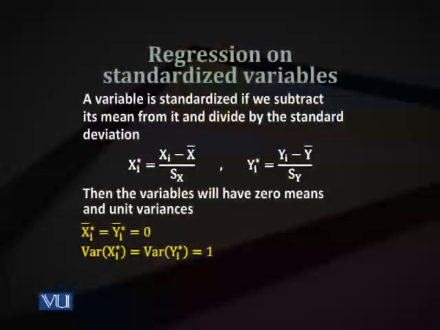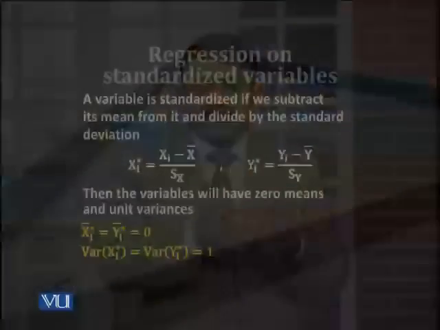In most of the software, the normal coefficients as well as the beta coefficients or standardized coefficients are reported simultaneously. As we standardize the variables, the new variables have zero mean and unit variance. So both the variables x and y will have zero mean, and the variance of both of them would be equal. So it makes the interpretation very easy and makes different regression results comparable. For example, if the arithmetic mean of both of them is 0, and the unit of measure, standard variance, is 1, this means that you can interpret the beta coefficient by saying that one standard deviation unit change in x brings beta or b, whatever is the slope, whatever is the name of the coefficient, this much standard deviation change in the dependent variable.